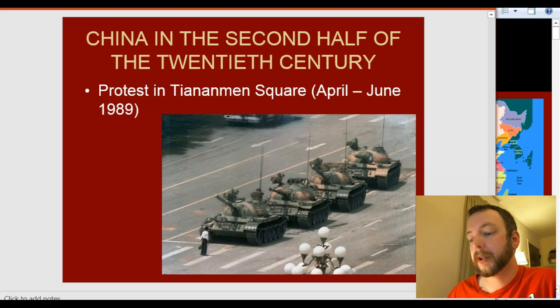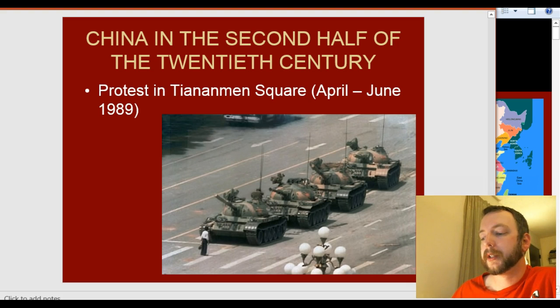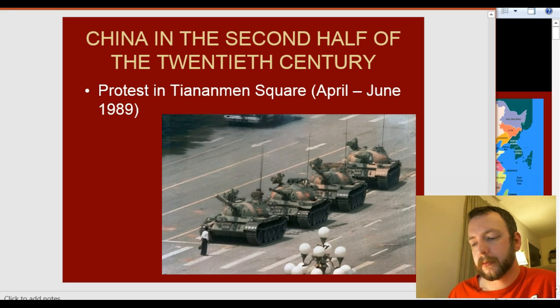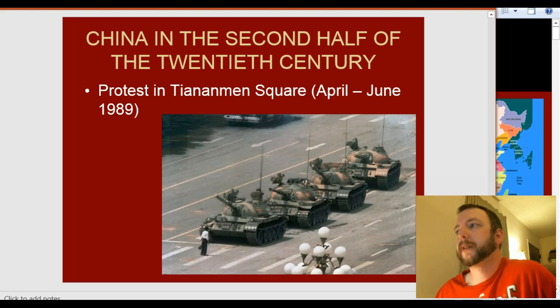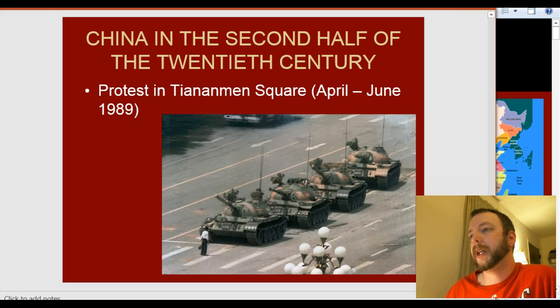It ended up putting a lot of pressure on the Communist Party. Some thought that they should actually open a dialogue. The Communist Party should open a dialogue with the protesters, but that doesn't actually happen. Deng decides to send in the army instead. So here we get this sort of famous image of this one man who nobody is sure who he is today. They might know in the archives in China, but nobody is quite sure who this man is standing up to these tanks today. So Deng does send in the army to put down the protests,